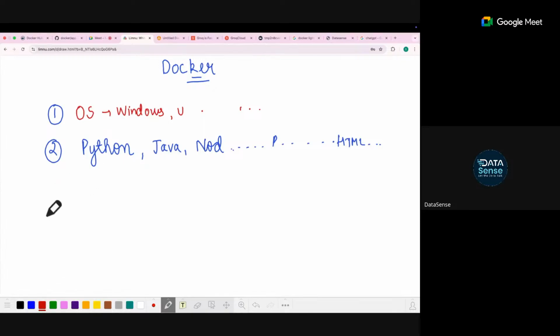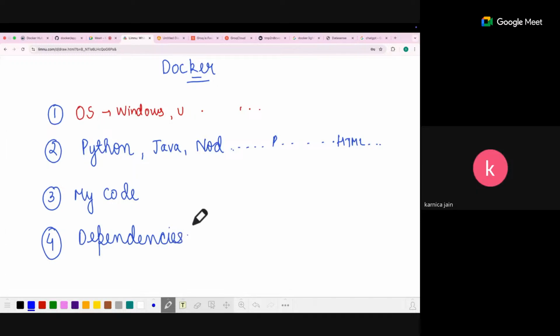The third thing I need is, okay, I have Python installed, I have my OS, the third thing is my code, which is used to run this application. Without my code, I cannot run this application. And the fourth and last part that is required here is dependencies. What are dependencies? Can someone tell me?